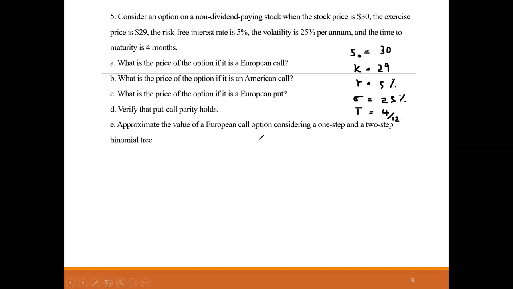Now the requirement is to calculate the price of the option if it is a European call. Here it is not specified whether to use the binomial or the Black-Scholes, because this was taken from the tutorial for the Black-Scholes model. So using the Black-Scholes model, calculate what should be the price of the European call. For you to calculate this,